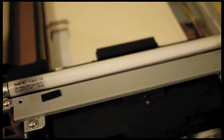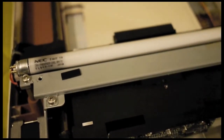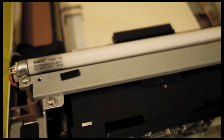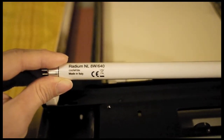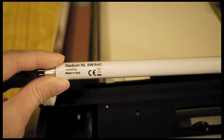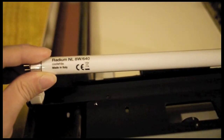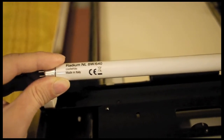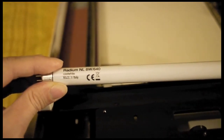And some of the bulbs you can find in the US are available on Amazon.com, and they are the F8 T5/CW. And this replacement bulb is a Radium NL8W640 from a German company, but the bulb itself is made in Italy. And in reference to the color rendering index, as long as it's above 50, you should be able to get pretty accurate color with this